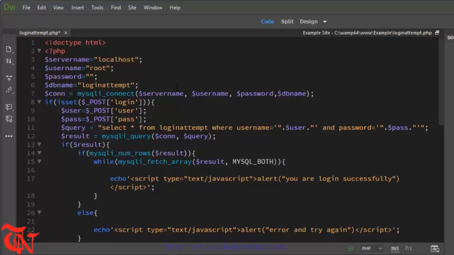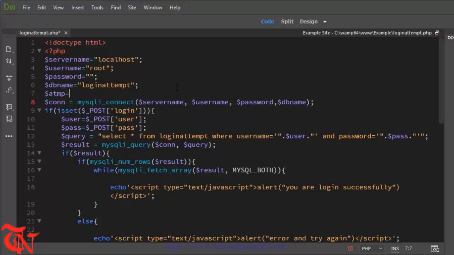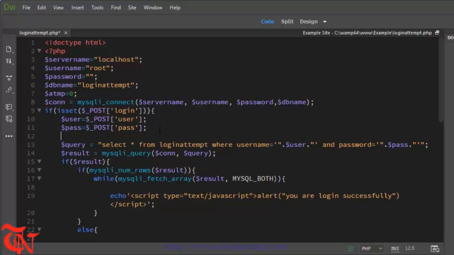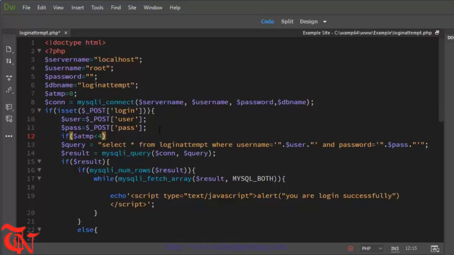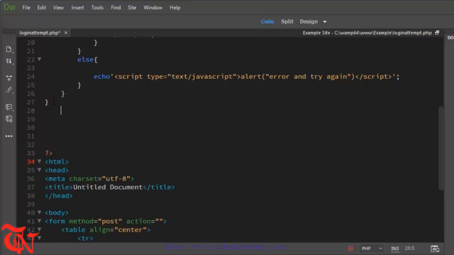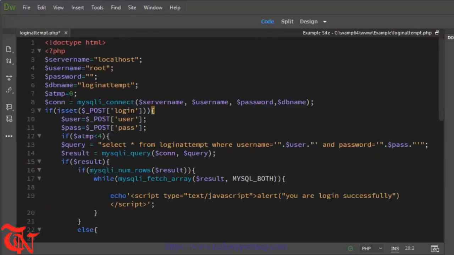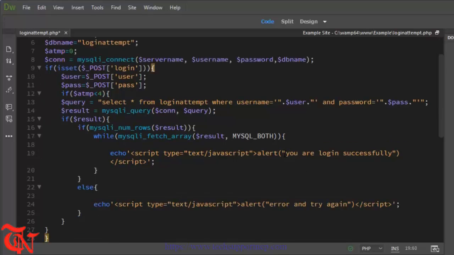So let me define one variable over here and initialize it to 0, and here we need to give a chance to the user up to 3 times. So if attempt is less than 4, we need to take the input from the user, otherwise we should not. And if the user enter correct username and password, they will see this message, that is you are logged successfully, and they will move to the next page. Otherwise they will see this message,